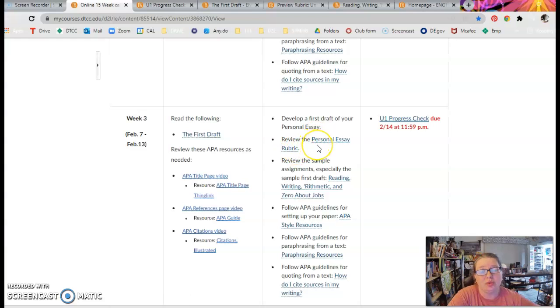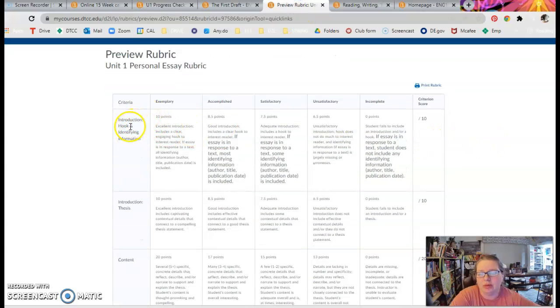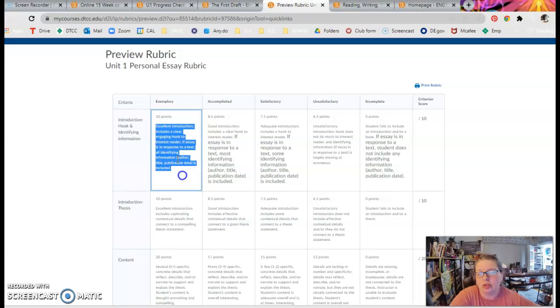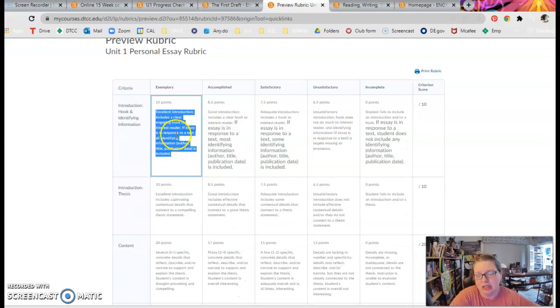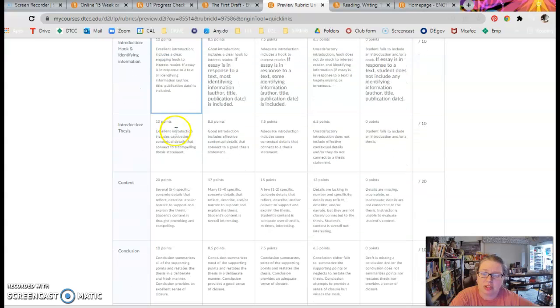And in order to do that well, I would like you to look at a few resources in the course before you start writing. The first one is the personal essay rubric. And this rubric goes over all of the information that you need to have in order to earn an exemplary in each one of these metrics. So I'm looking at your introduction, whether or not you have a good hook, attention getter, and some identifying information,